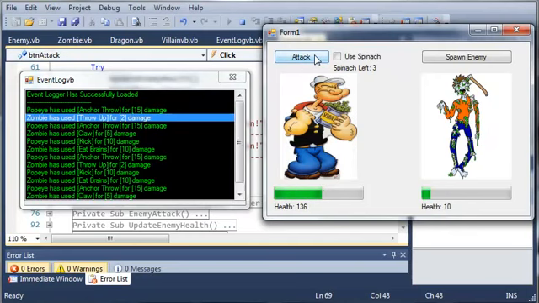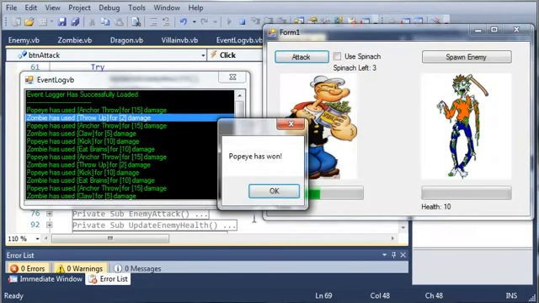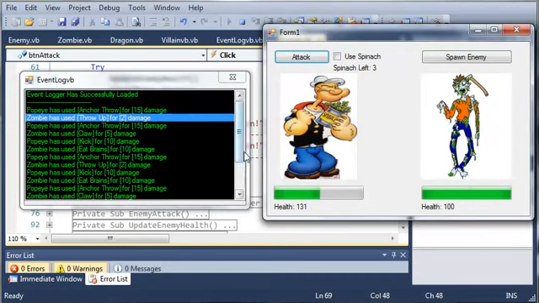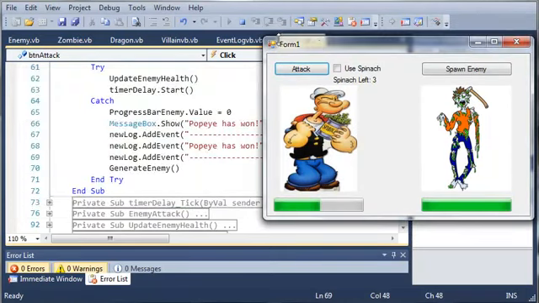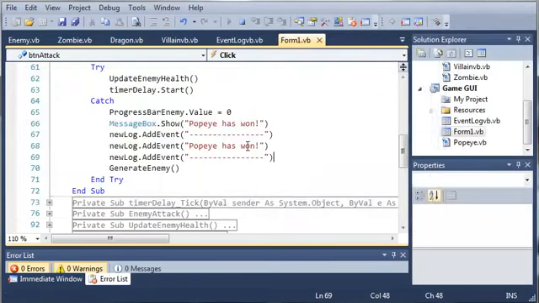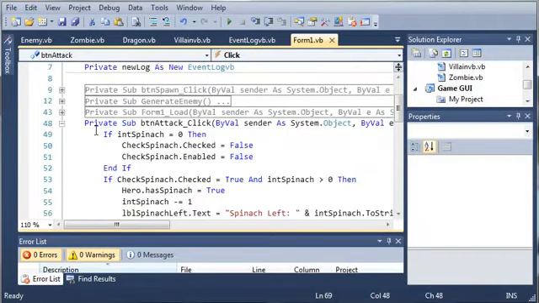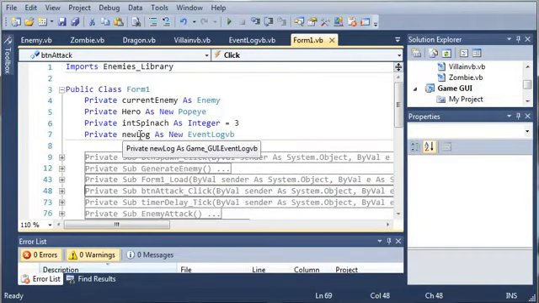Let's wait for Popeye to win here. You can see it says Popeye has won, and then down here it adds an event to our log that says Popeye has won. So go ahead and close out of that. Let's go ahead and fix these logic errors that we have. And then once you've done that and put all that code in,